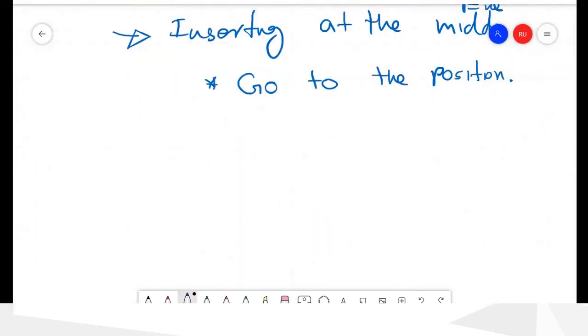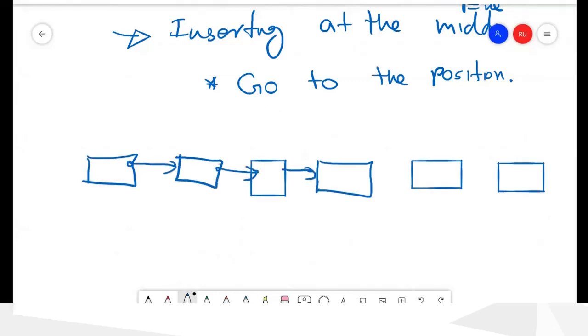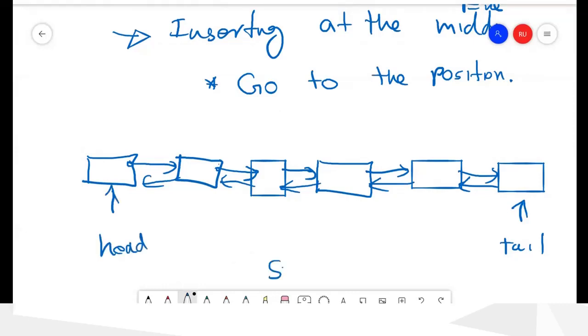So for example, we will have nodes like this, and this is tail, and this is head, and the size is 1, 2, 3, 4, 5, 6 nodes here.